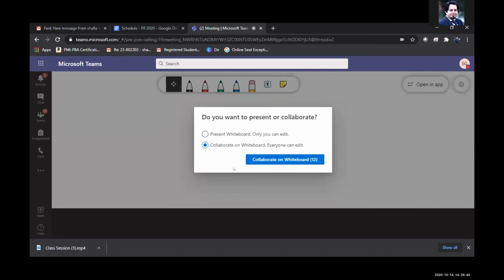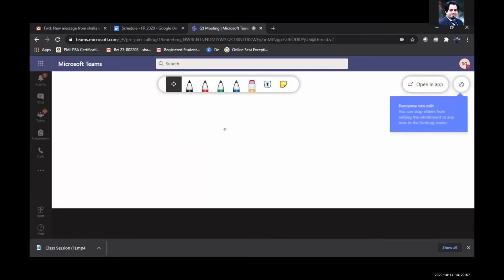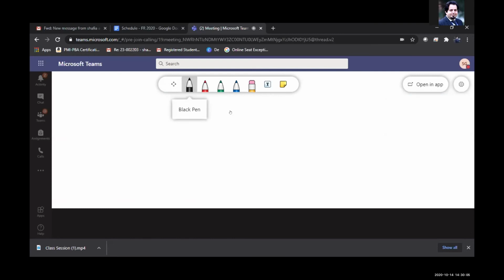And the best thing about MS Teams is that on joining the whiteboard, it instantly asks you whether you want to present the whiteboard on your own or do you want to collaborate. So right now I've selected the option of collaboration. So I have different writing tools over here that I can use.